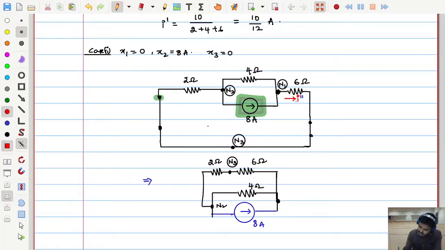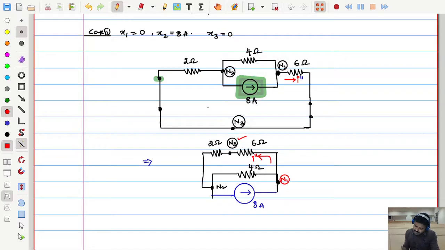Now try to see what the current I double dash is, from N2 to N3. Where is N2? This is N2. I think I made a small mistake. Yes, N1 to N3, sorry. This is N1. N1 to N3. N3 is here, N1 is here. From there through the 6 ohms it is moving in this way. This is I double dash, this is what I want to find. Now, can you observe that a simple current division principle is helpful here. I double dash I can write in this way, for these two parallel branches, this is one branch, this is another branch.